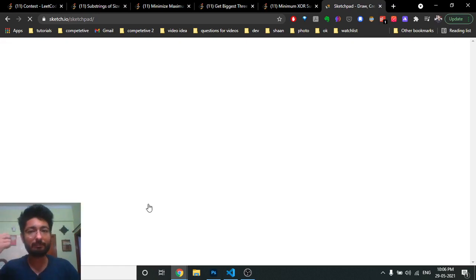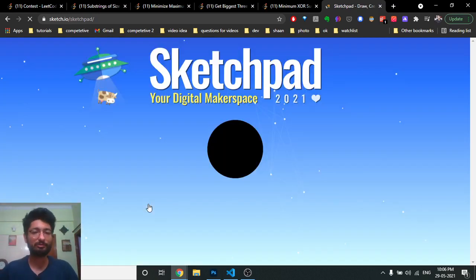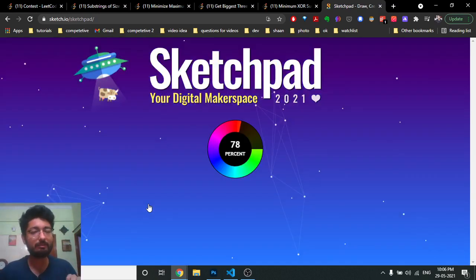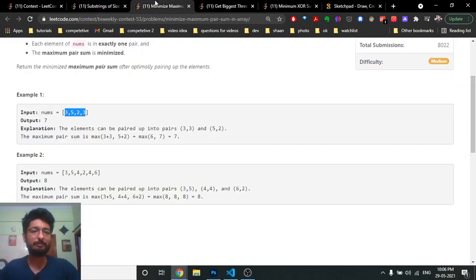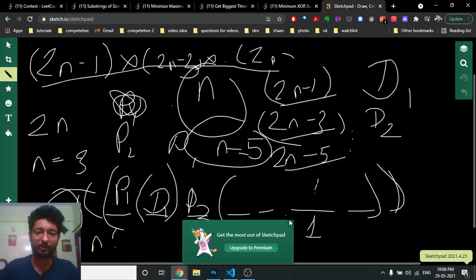So you will pair the maximum element with the minimum element possible, because that will give you the minimum pair sum, since you want to minimize it. So you will pair the maximum element with the smallest element, then you will match the second maximum with the second smallest. I hope you get the point.